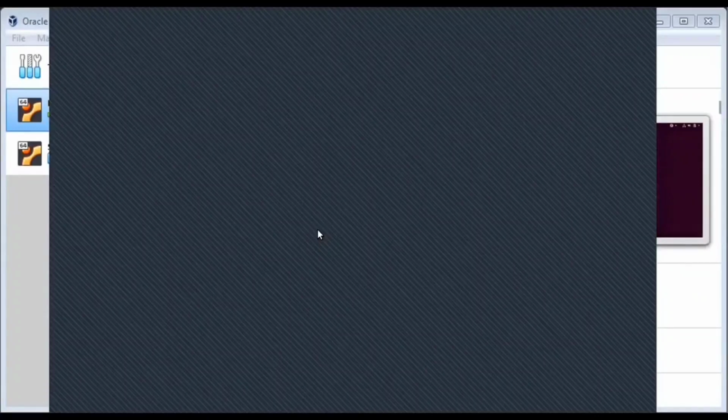Now click on Mohit. Type the password if you have. Wait for 1 or 2 minutes. So this is your Ubuntu screen.